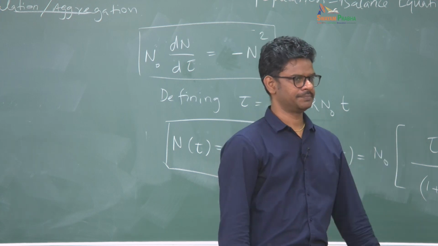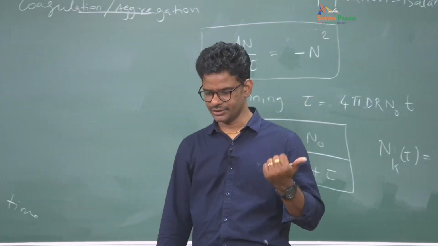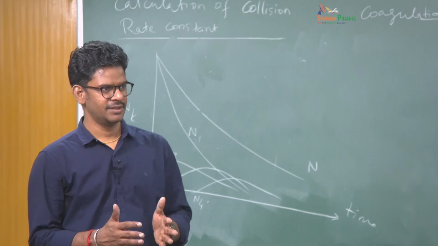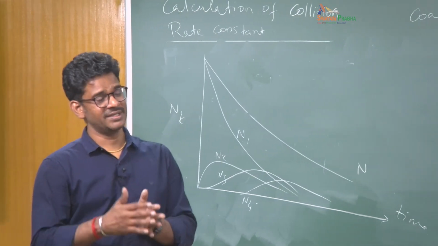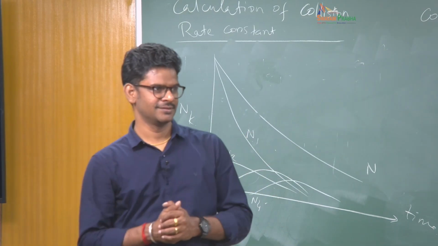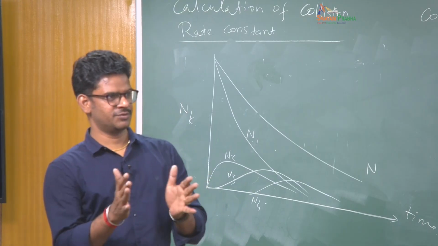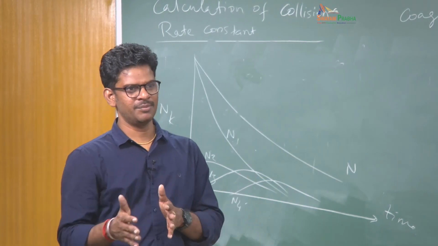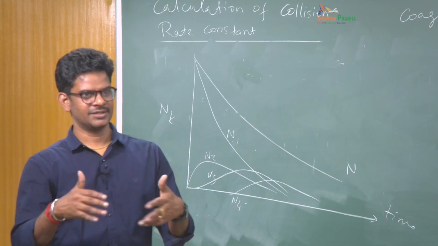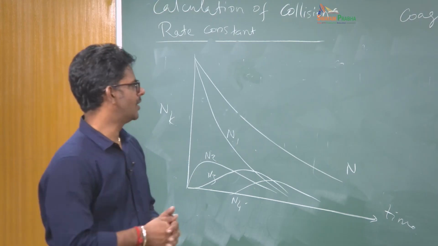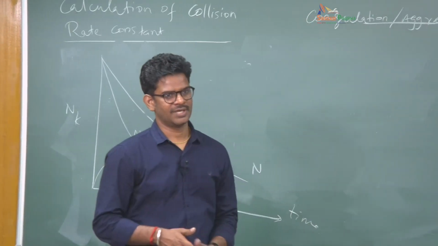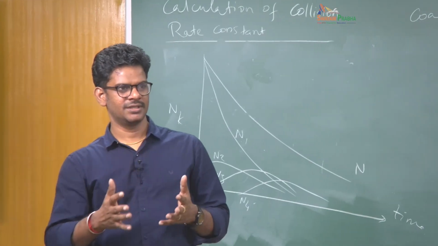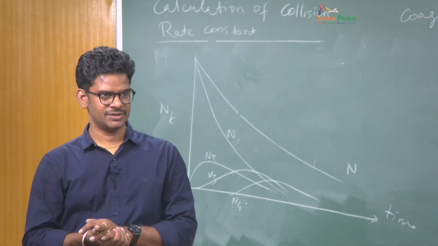You have to do numerically. So the analytical solution is only possible for the very beginning of the system, where you start with mostly monomer. Immediately after that, in a very short time scale, but that time scale can be larger than your diffusion time scale. Okay, so we are talking about some sort of sweet spot, the time such a way that it is not smaller than the diffusion time, at the same time it is not long enough that clusters of other size start happening. Or in other words, the assumption about how Dij and Rij, how we define that is basically what limits to what extent we can apply these equations.